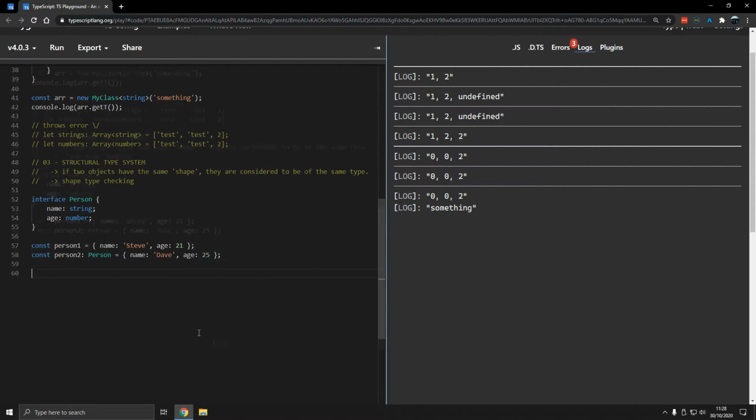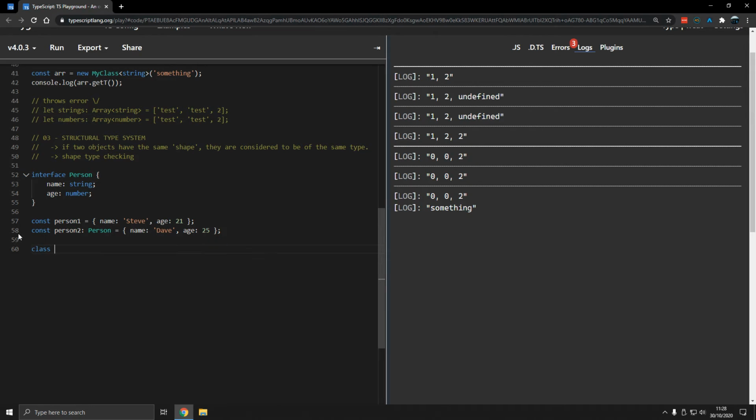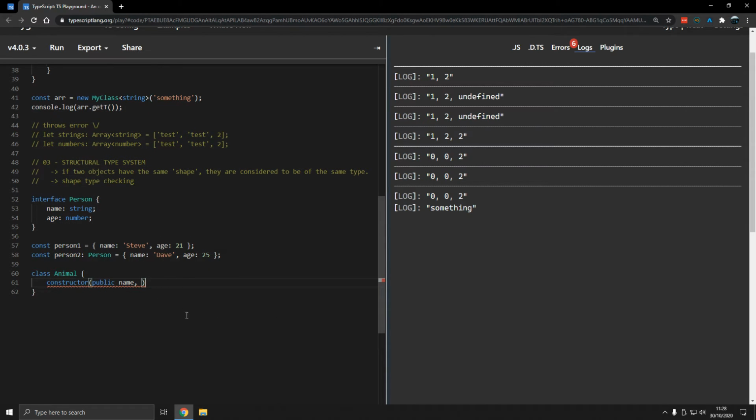Now this can also be done with a class. So let's use the example of an animal, because I always do that. So name. Now, remember we can just have a constructor that does this, private name. You can also put public here, which means it's accessible outside of the class too, which is public by default. Methods are public by default if you don't explicitly define that access modifier. So an access modifier restricts how you can access a method or property, so remember that. So public name,